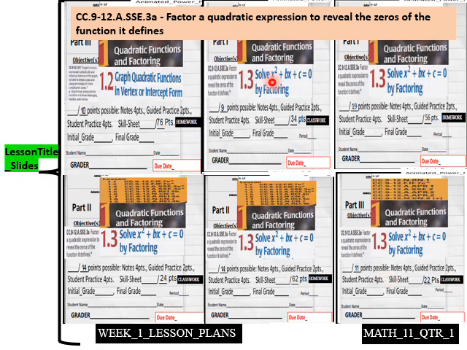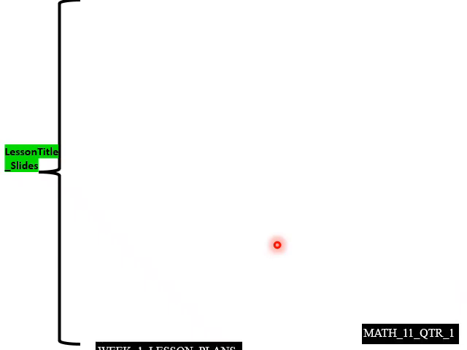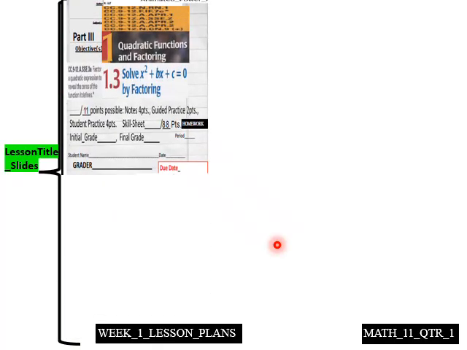What's the predominant Common Core standard? A.SSE.3a, factor a quadratic expression to reveal the zeros of the function it defines. So that's the big part of 1.3. And then finally here, to finish Week 1, we got 1.3 Part 3 homework, 88 points of homework, 11